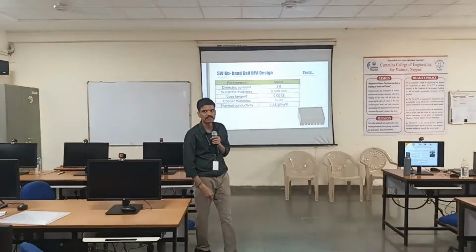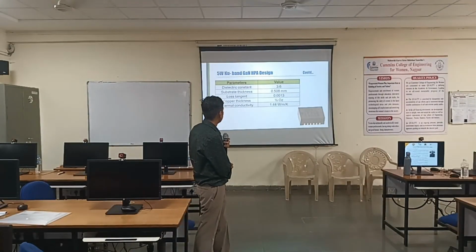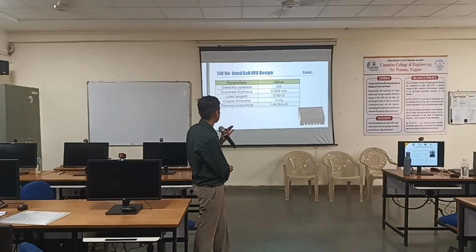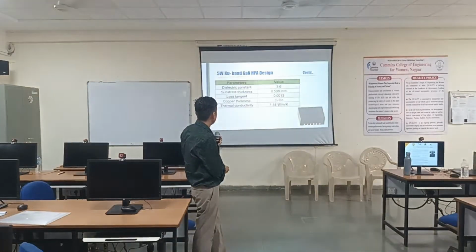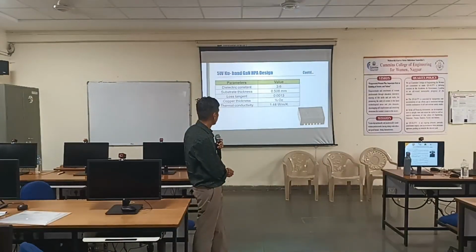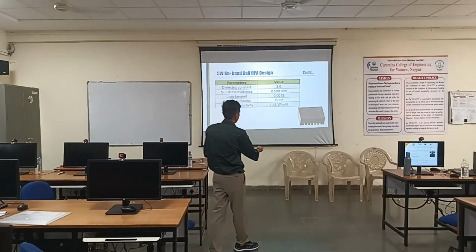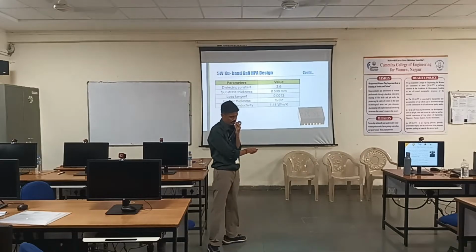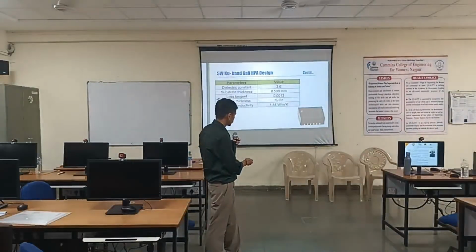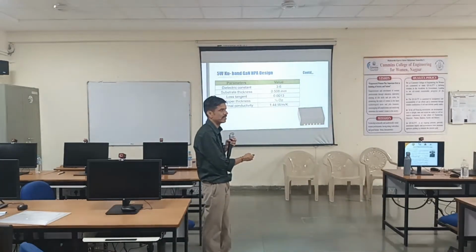Okay, so this is the device which I have used. It's a 5 watt GaN HEMT device. Sorry, these are the substrate details: dielectric constant, substrate thickness, loss tangent, copper thickness. You are asking something related to this. This is the thermal conductivity of it. And the device I used, I have given the picture here. This is from Cree. This die package I have used: 1, 2, 3, 4, 5, 6 pins to the input side, 6 pins to the output side.